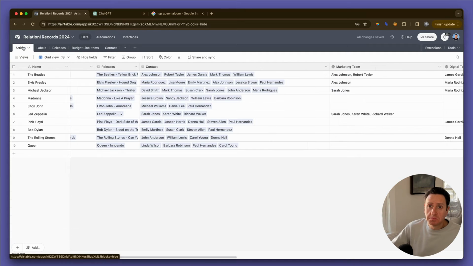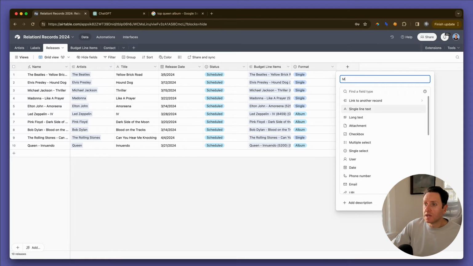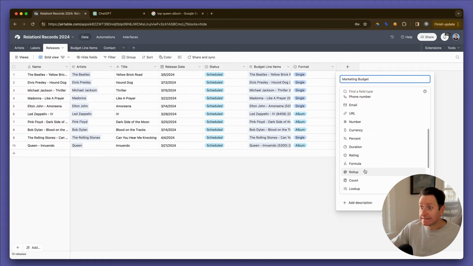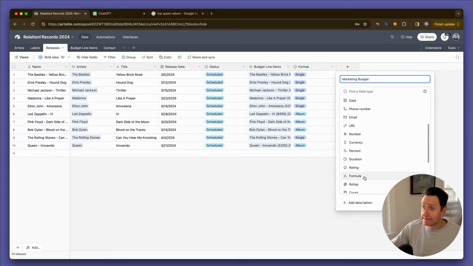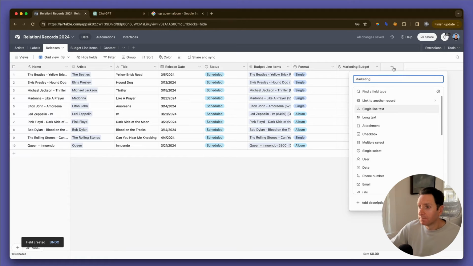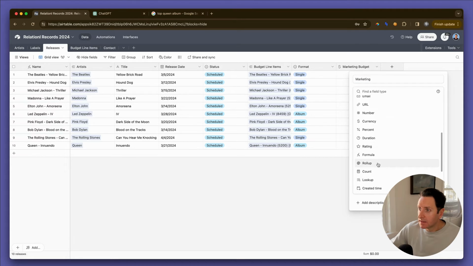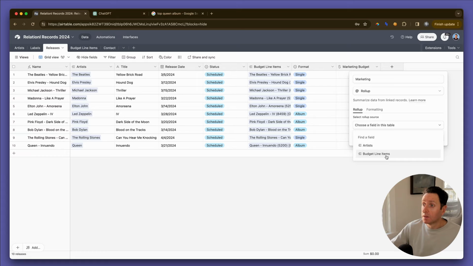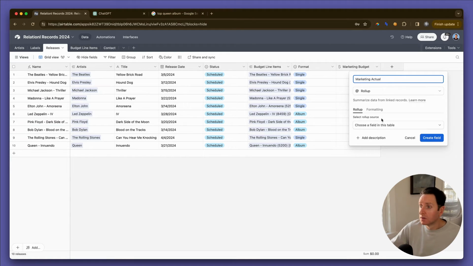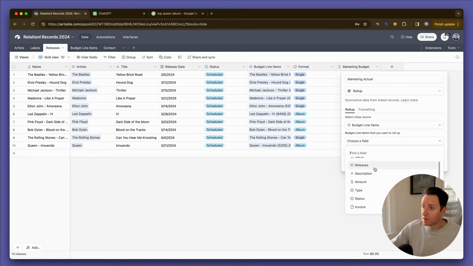Now we're going to get to the release level, and we're going to roll up, we'll say marketing budget, which is going to be a actual currency field. And then we're going to have marketing spend. Call this marketing actual. And there's going to be budget line items, the amount, whereby